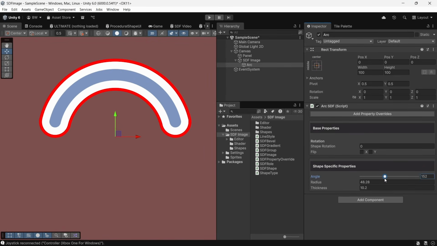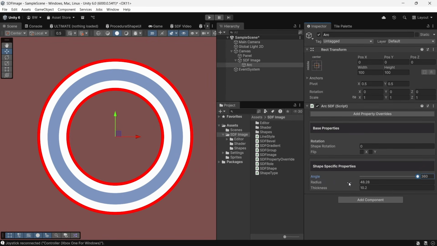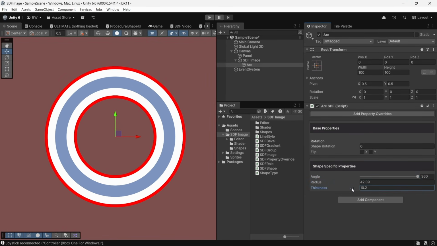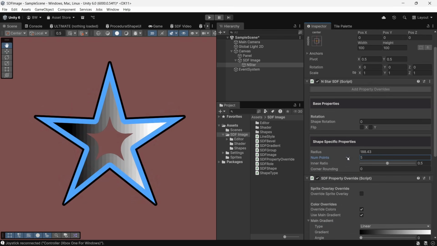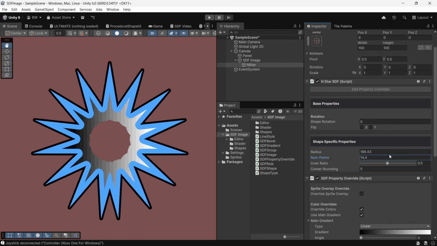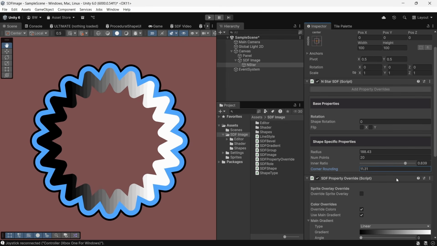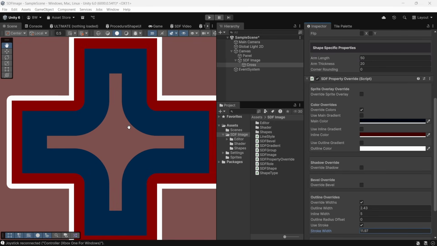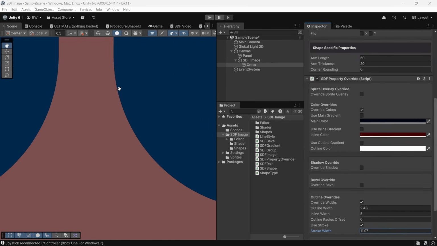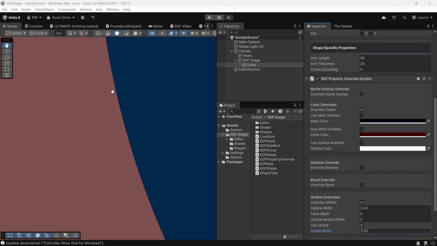Hey guys, welcome. I'm so excited because in this video, we're going to look at how you can draw procedural shapes using shaders. Many of the shapes are configurable and you can use coroutines or tween libraries or even just animate the values smoothly over time. These shapes have literally infinite resolution, so you can scale them up as large as you want and they will